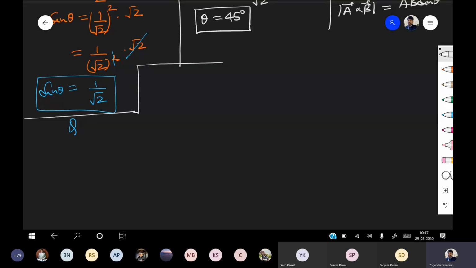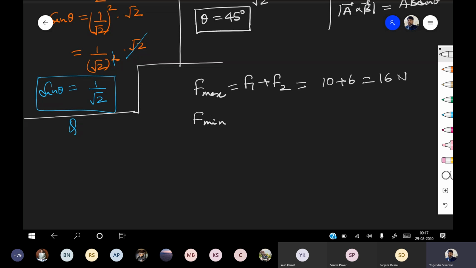Two forces 10 Newton and 6 Newton act upon the body. Okay, there is the body. The direction of forces are unknown. Okay. The resultant force on the body may be. Now pay attention. The resultant can be maximum when both will be in same direction. So F max is equal to F1 plus F2. And both are in same direction. So 10 plus 6 is equal to 16 Newton. That will be F max.